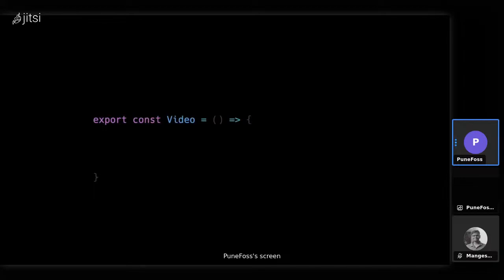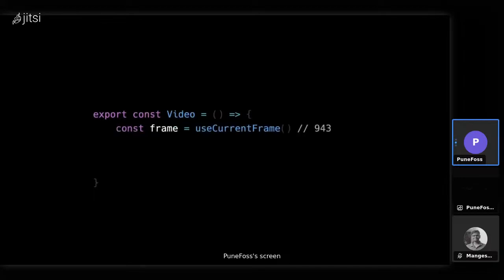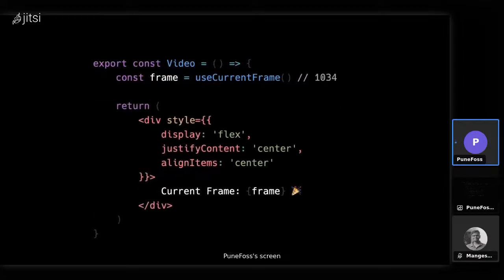But the real magic comes in this next step, because when you're actually writing React, if you think about it, Remotion gives you a hook that's called